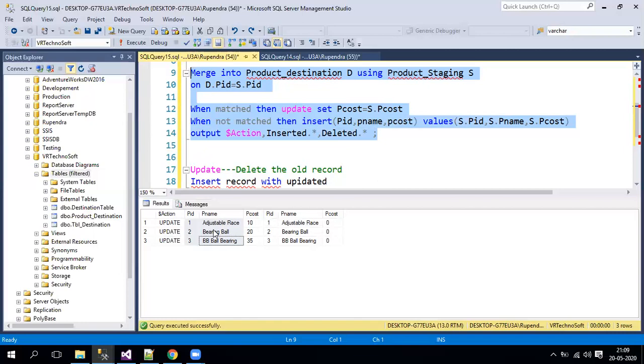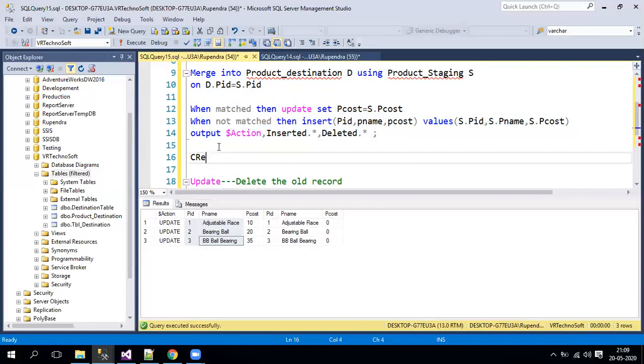Now, for example, if I want to save this information in a table, what do we have to do? You have to create a temporary table, or you can create a physical table, with the same structure that we have written, like $action and the column names. But make sure that when you create the table, inserted has the same column names and deleted also has the same column names.